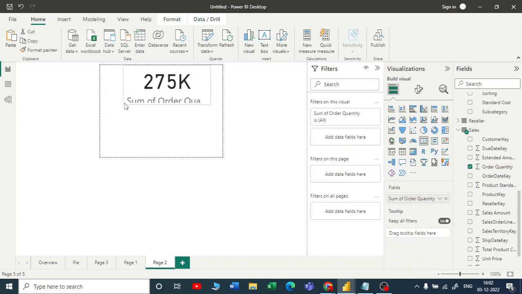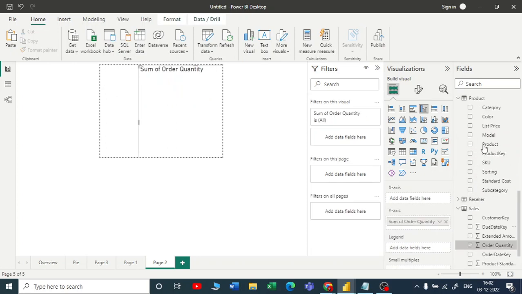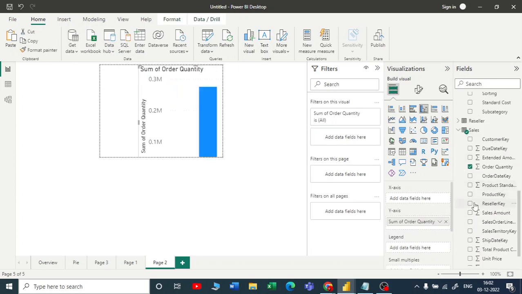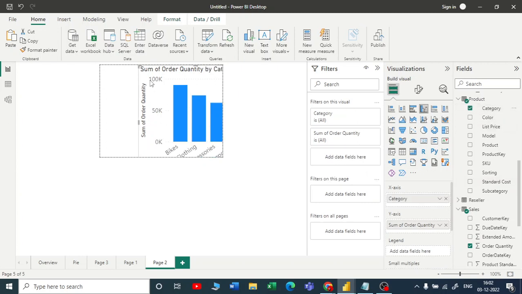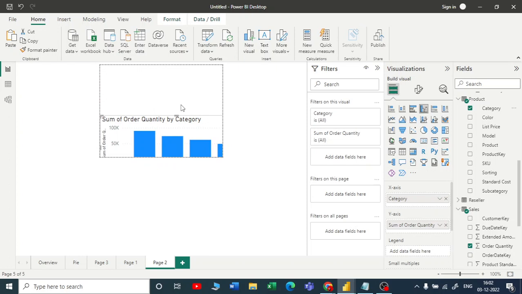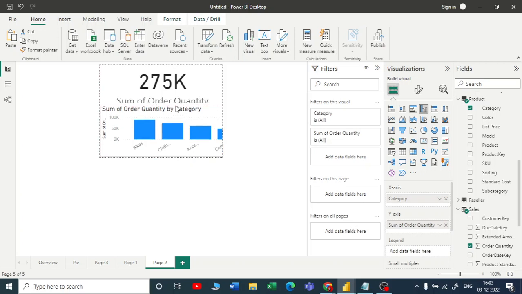Yeah, let me do it in this way, and let me take one more order quantity with the product size or the product category. So let me take a product category and resize this again. Yeah, we can play around with this later on. Then come to your page one,